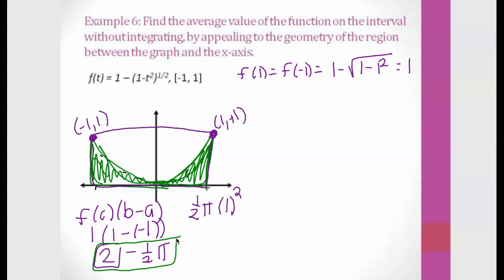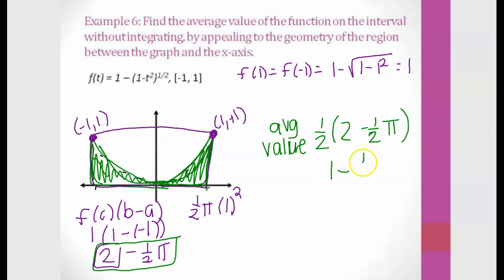So that area represents the area under that curve, half is 1 over b minus a times all of that. So the average value of f is 1 minus